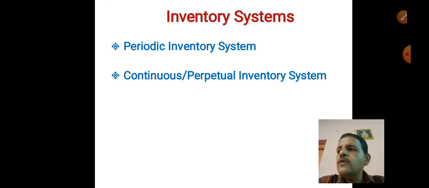Friends, let us see something about the periodic inventory system. In the periodic inventory system, the store maintains stock records in the form of bin cards or store ledger cards. The records give quantitative information about stock. Under this method, balancing of material is also done periodically.